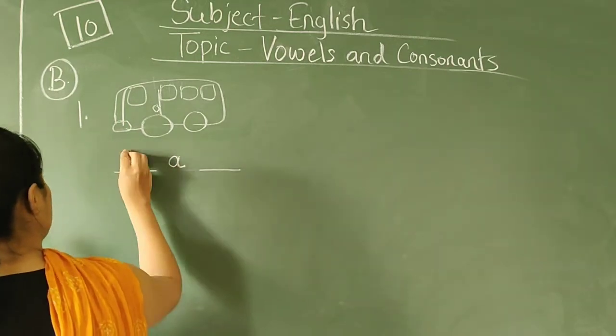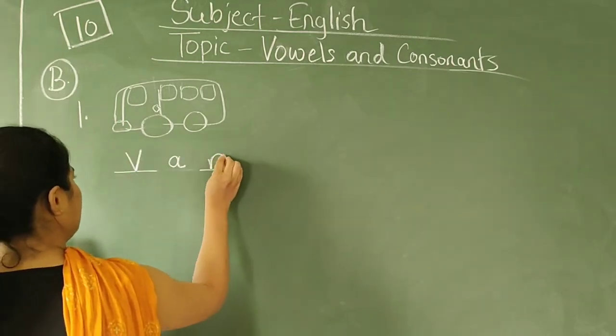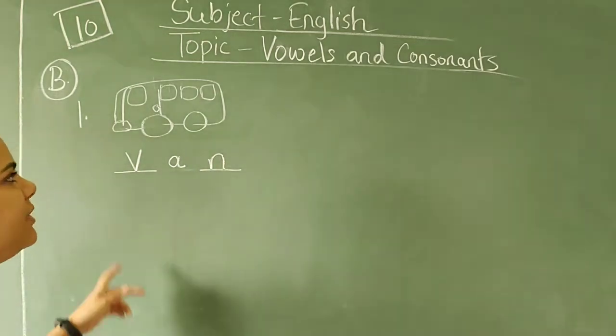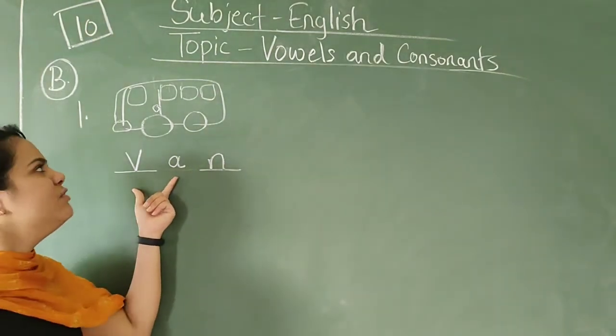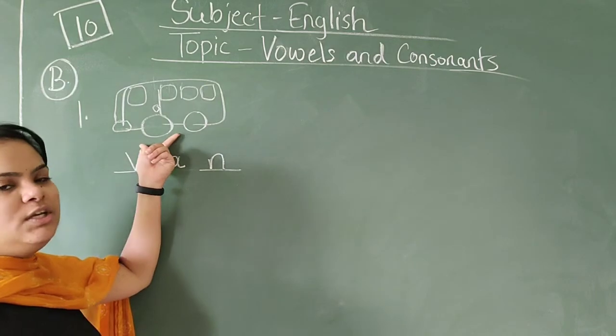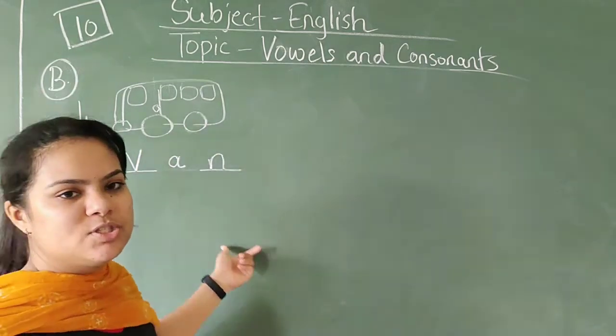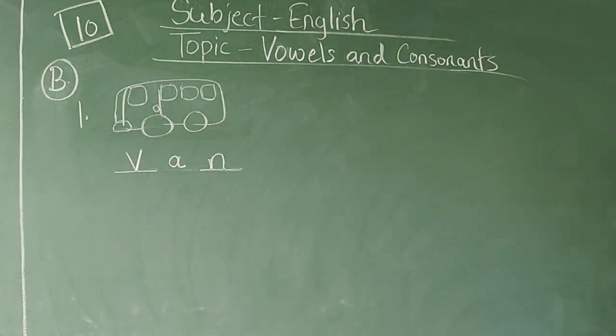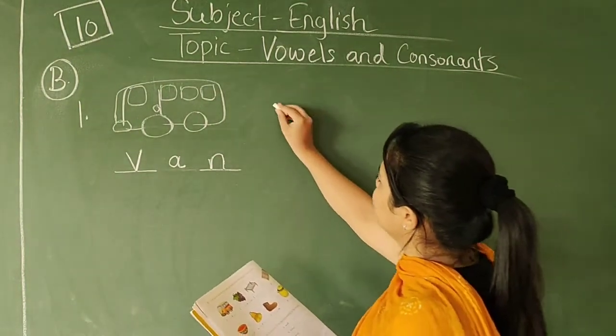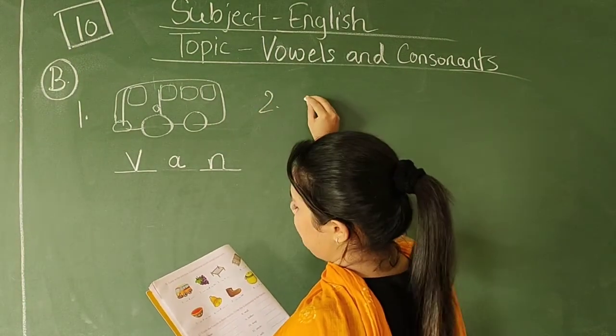So what is this picture? This is a picture of a van. Complete the spelling VAN, van. In this van we ride to the school. So write down the spelling VAN, van. Number 2, here we have